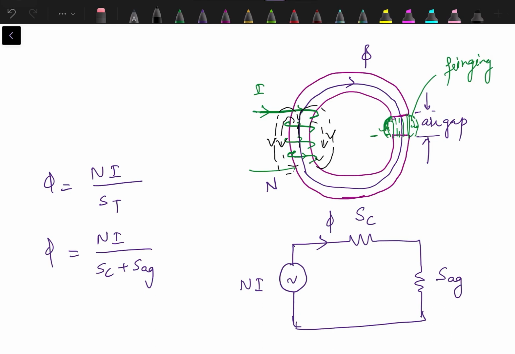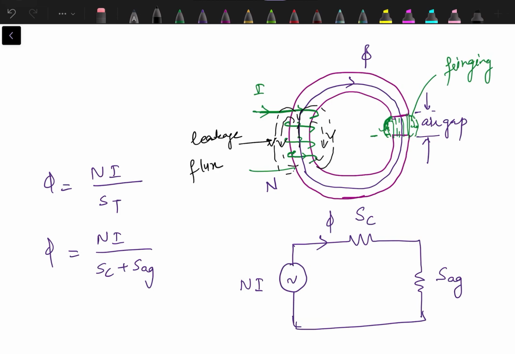Basically, the flux which is not passing through the magnetic path, but passing through the air surrounding this coil, is known as leakage flux. The value of leakage flux is quite small, since the opposition offered to the flow of flux